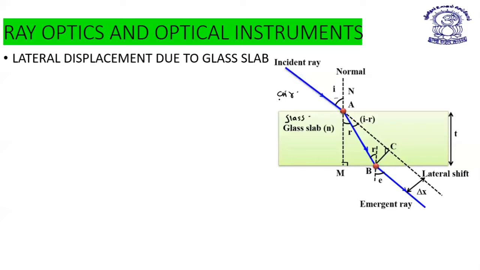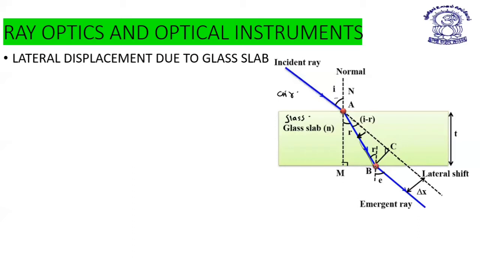Glass is denser compared to air. So light is traveling from rarer to denser medium. So it will move towards the normal. This dotted line is the actual direction of the incident ray, but light is moving towards the normal and it will travel on path AB. Now, this light ray AB will behave as the incident ray for the opposite surface of the glass slab